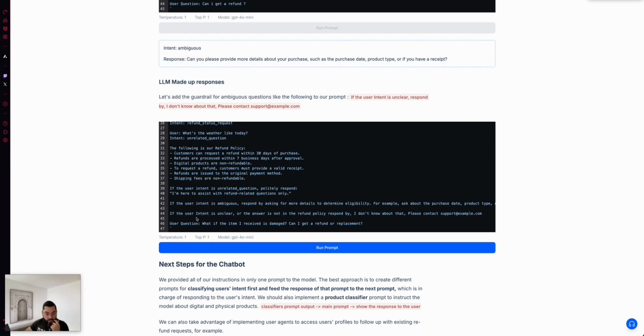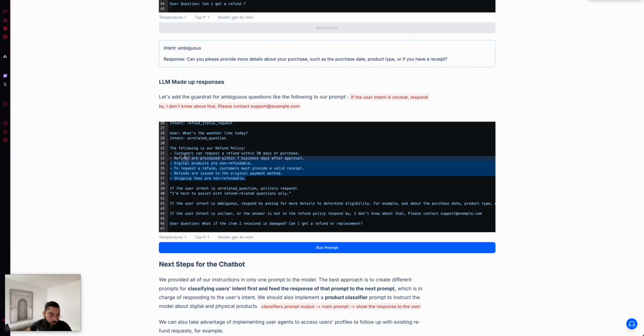So in this case, we say: if the user intent is unclear or the answer is not in the refund policy, say "I don't know about that, please contact support." So to prevent making up responses, we are telling the LLM, if you don't know the answer, just say to contact this email so they can answer the question.